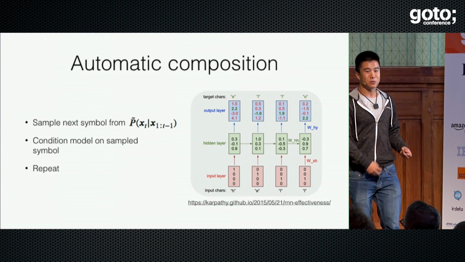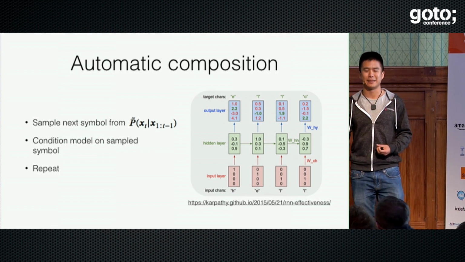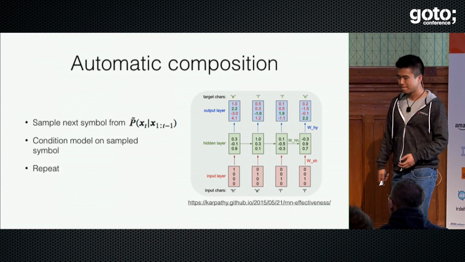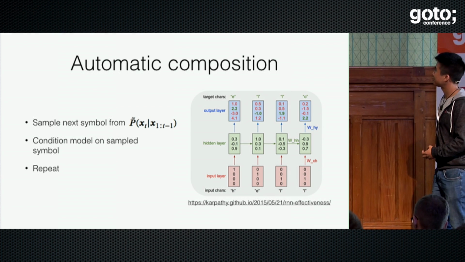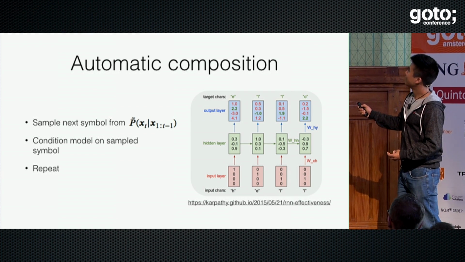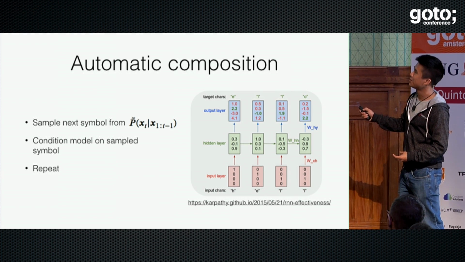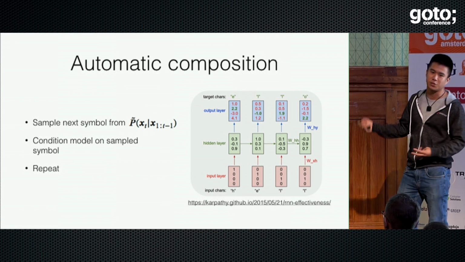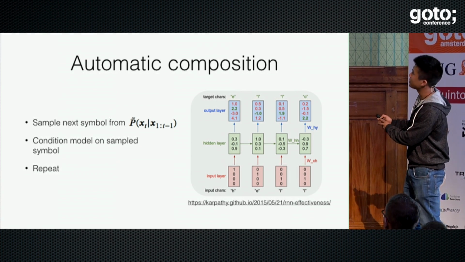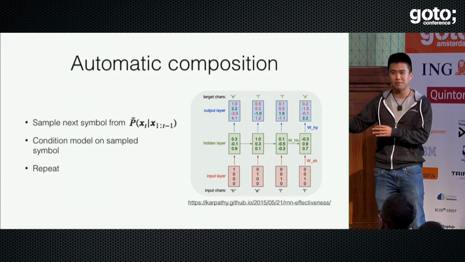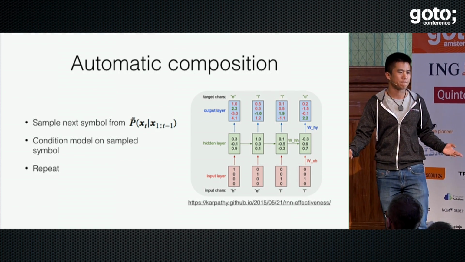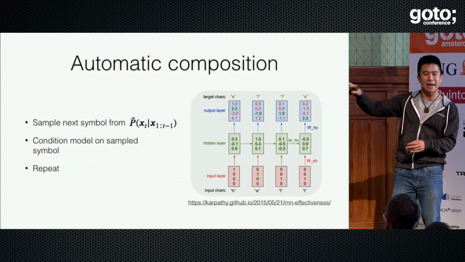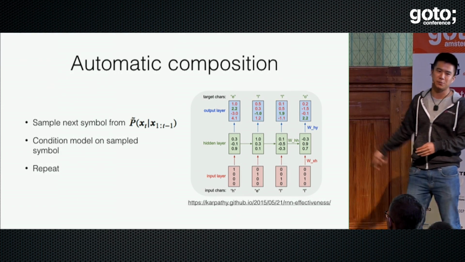Great. With the trained model, we can do many things. We can compose, and we can harmonize. The way we compose is the following. We have the hidden states, we have the inputs, and we have the model weights. We can use the model weights to form this predictive distribution: what is the probability of my current note given all of the previous notes I've seen before?